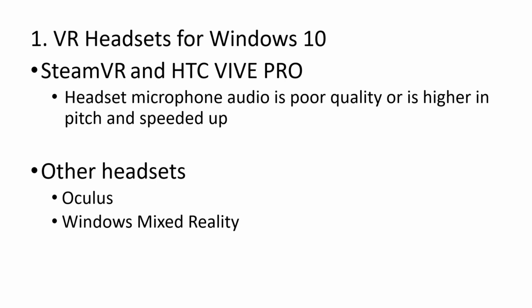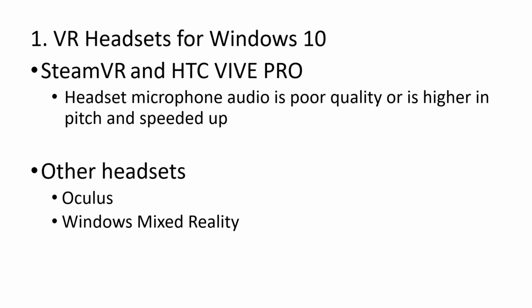not quite working, and then you should just go into the SteamVR controls, either on your desktop or in VR. If you press the bottom button on the controllers on the Vive Pro, or you open up the SteamVR app and then look at settings, then when you look at audio, change the speaker audio to another speaker and change it back to the Vive Pro HDMI connection. Do the same for the microphone, so change it to your laptop mic and then back to the Vive Pro